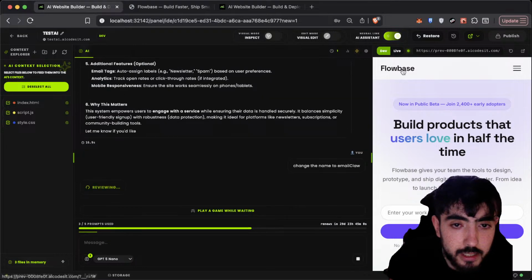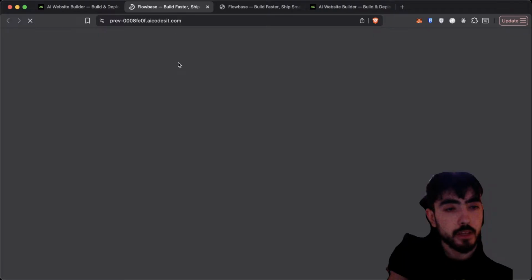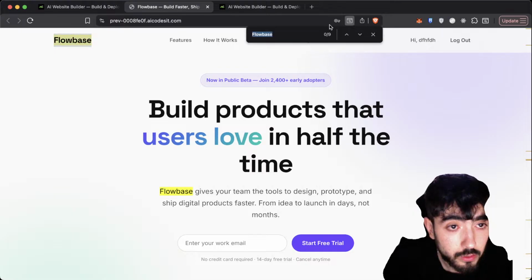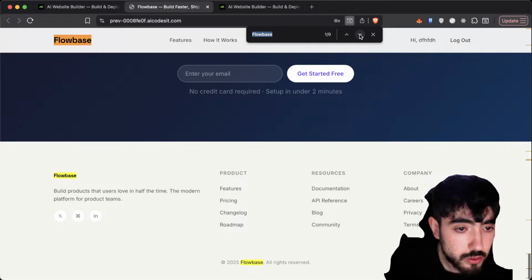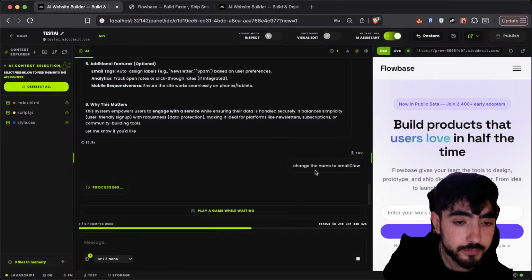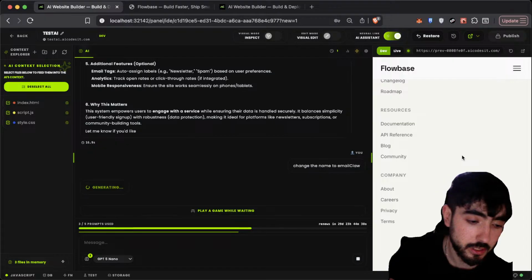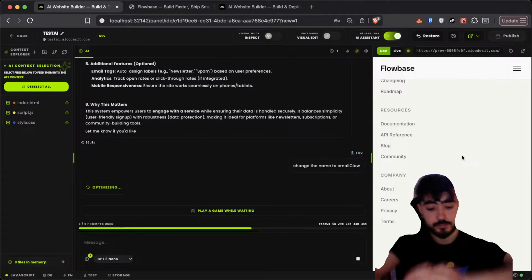So it should change the name to email claw. So now if I go to this website and I copy this and press Ctrl F, we have 9 characters across all the website, so it should change the names on all the website. So let's do it.